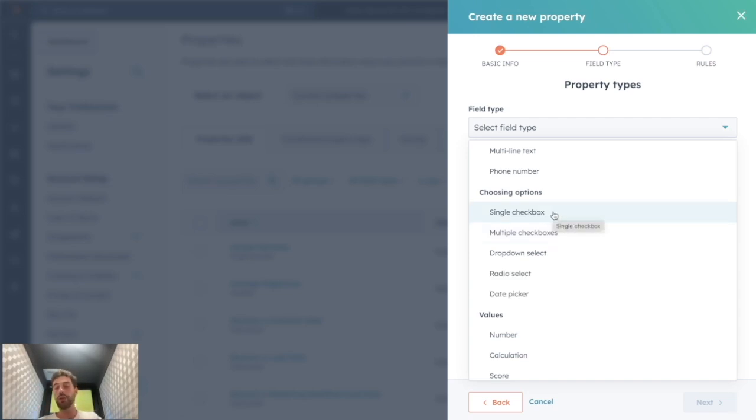So they're really useful for every kind of yes or no question, or to create automation triggers, for instance. And then we have multiple checkboxes, drop-down select and radio select, that are kind of similar but a bit different. Drop-down select and radio select are the same for the same use. You can segment your database the same way, but drop-down select will be like you click and you have a